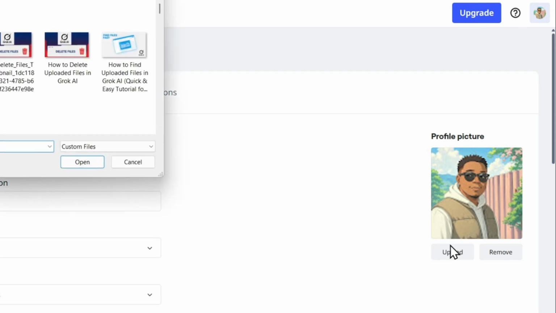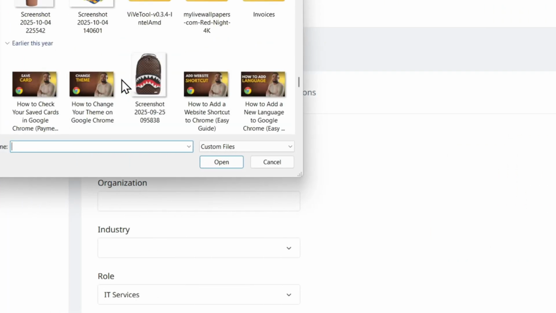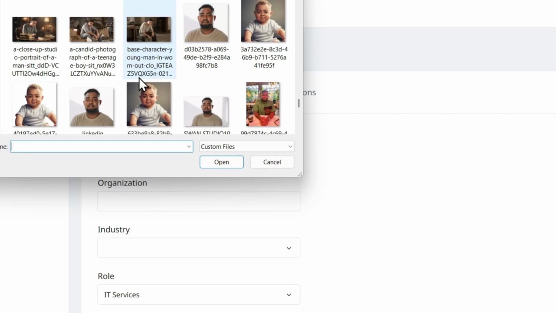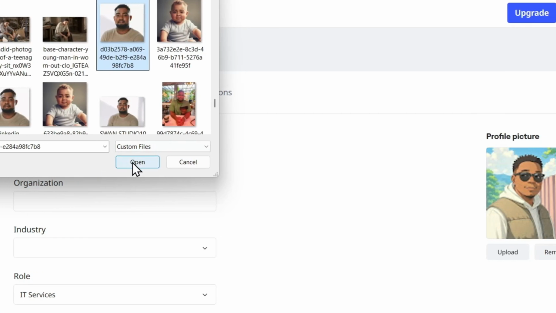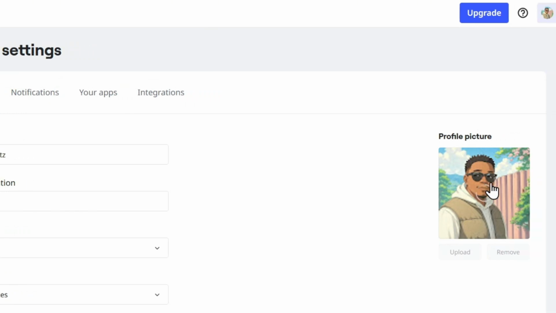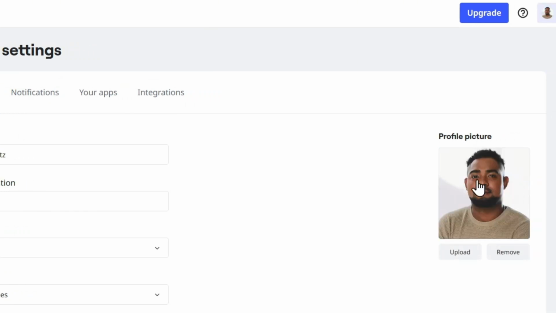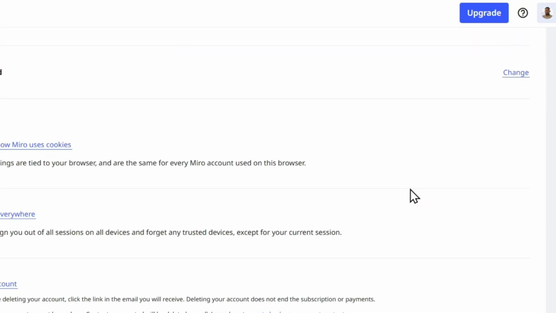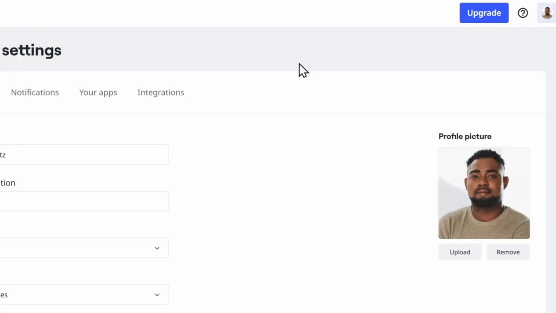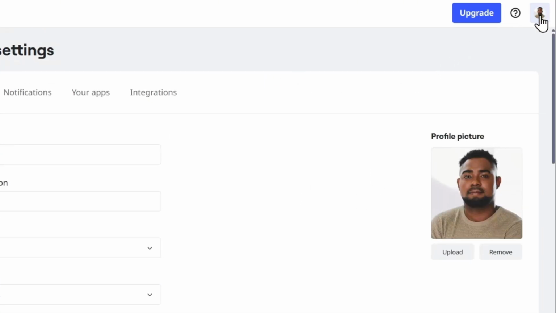So I'm going to click on upload, for example, and just choose a different picture here that I can find on my PC so that we can have a different photo selected. So I'm going to choose this picture here. And as you can see, it's currently loading in that new picture. And within seconds, it's going to change it. And as you can see right here, my profile picture is done uploading, and you don't even have to click save, guys. You upload it, it automatically saves, and you can see it in the upper right that it is